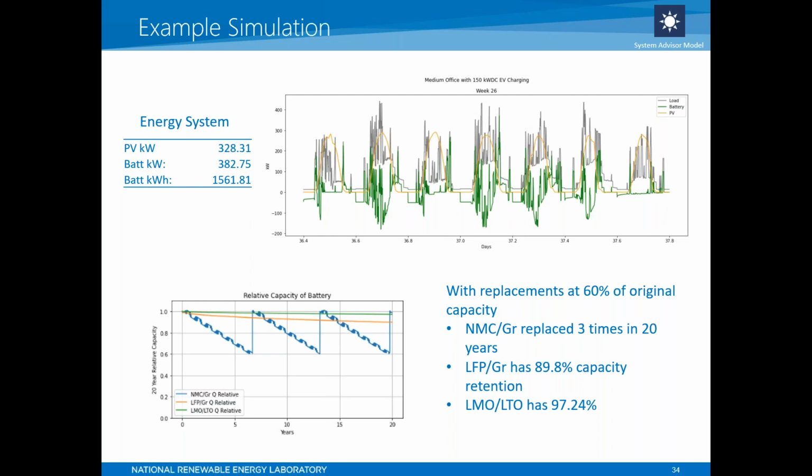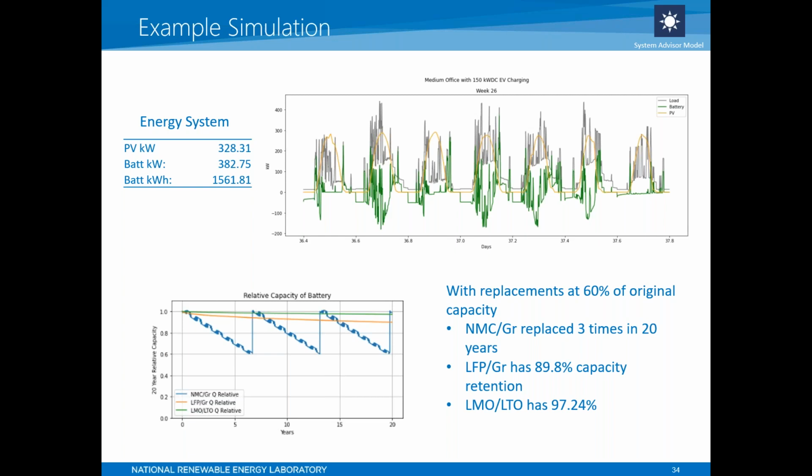So here's an example simulation of the effect of the battery chemistry choice and the associated degradation on an energy system. So here we have an energy system with 328 kilowatts PV and a 382 kilowatt battery. The energy system is a behind the meter system that's serving a load that's being reported in gray in the